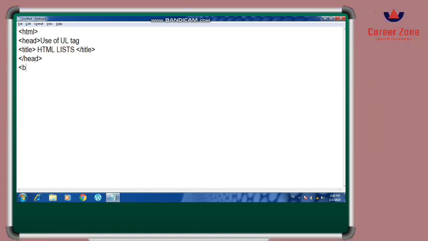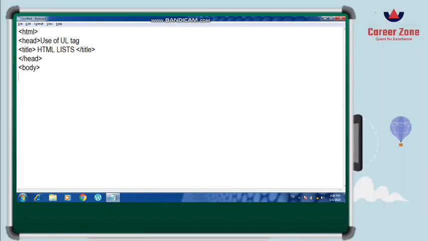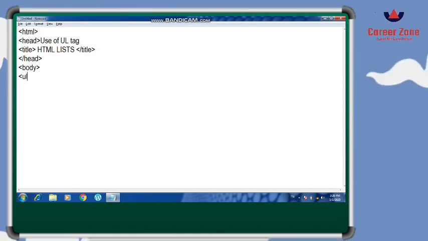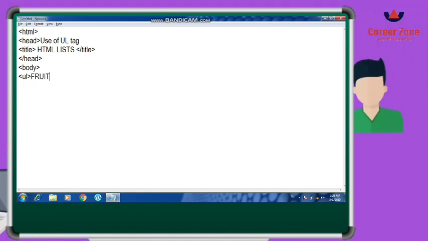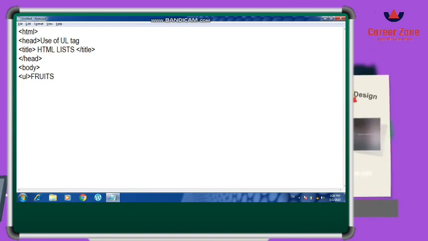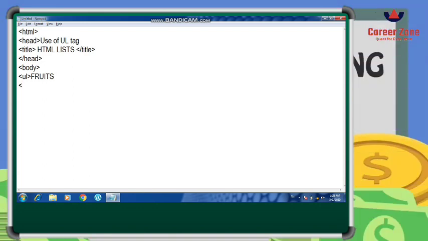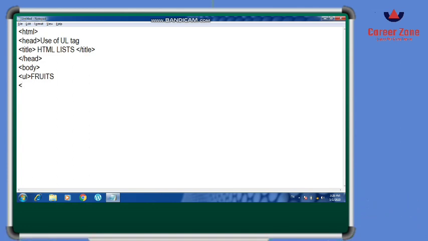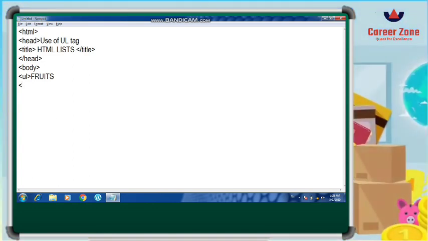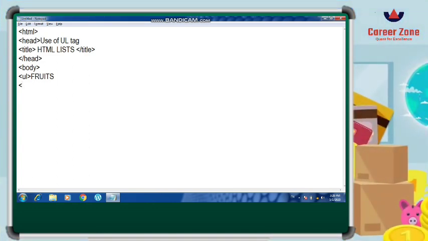Let us start the listing. So I'll open the UL tag now, and under the UL tag, suppose I want to write the heading fruits. So I've written it here, fruits, and whatever line items, whatever data items you want to add, we can add under the sub tag, which will be li.